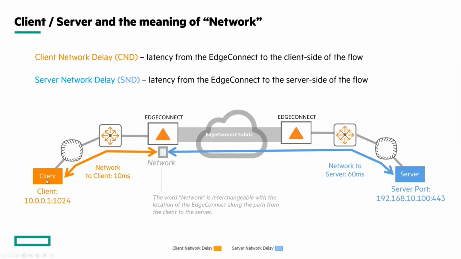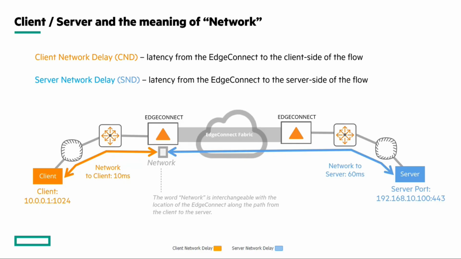Let's say this client here is opening a connection to the server on the right. In the EdgeConnect, we will represent 10 milliseconds for this side and 60 on this side for a total of 70 milliseconds round trip or total delay. It breaks it up in that way. And so we've brought that forward in the UI and through the coloring and everything and through the reporting, because what you end up with is a situation where you can independently isolate LAN side latency, in particular wireless latency. You can discreetly see it in the UI as typically the orange portion of the chart, and it ends up